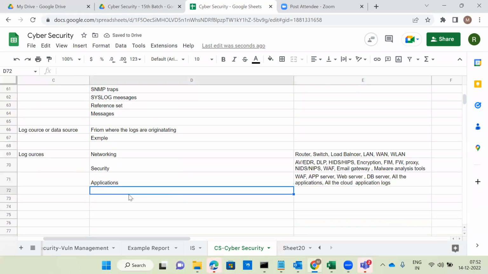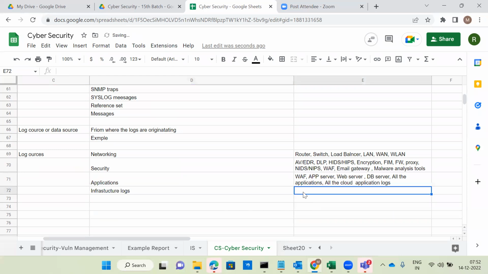Next one is infrastructure. Infrastructure logs: we have already seen infrastructure security is nothing but server security. All the server logs, for example DNS, DHCP, Active Directory, domain controller, SMTP.